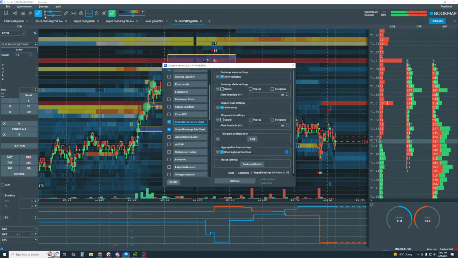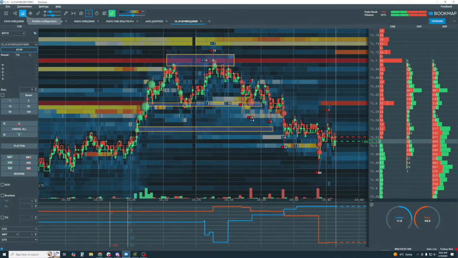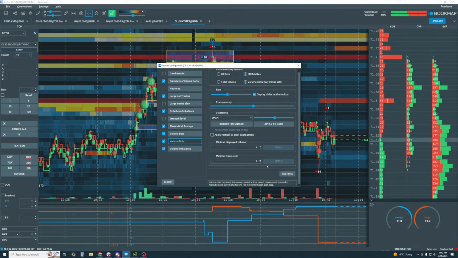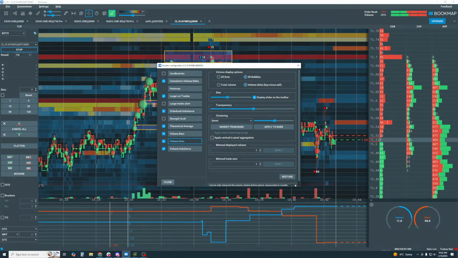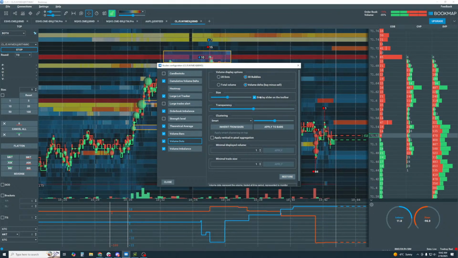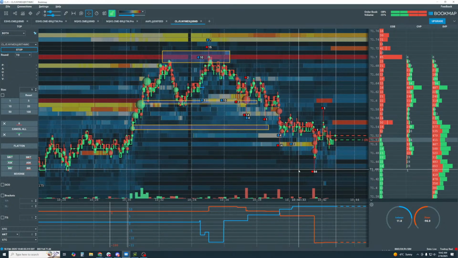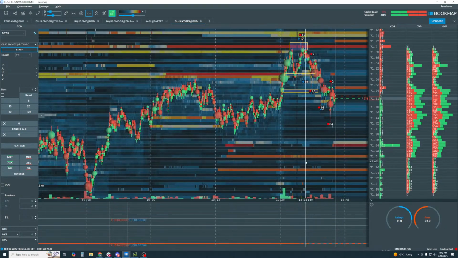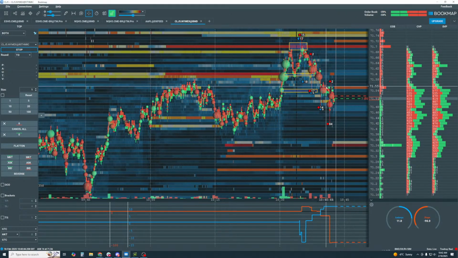What's my setting for volume in here? I'm just using default again right here. Okay, smart clustering is right in the middle. If I hit restore, that's what it is. So that clustering works well for me. If I zoom out, you can see that it will cluster these into a bigger volume dot.